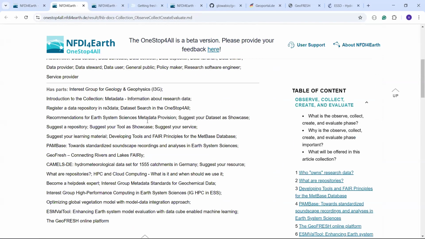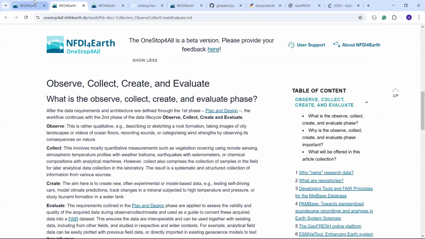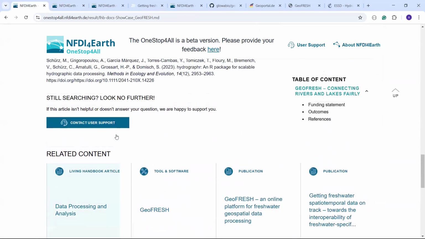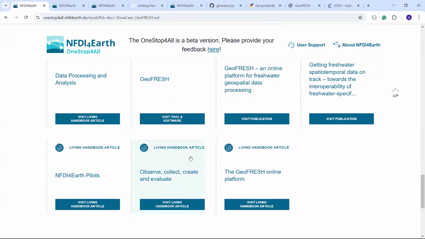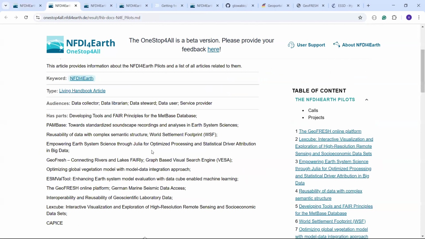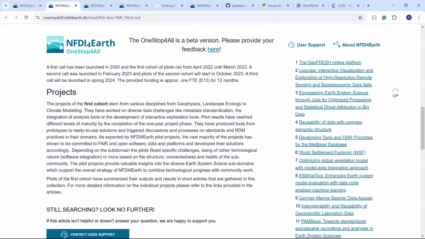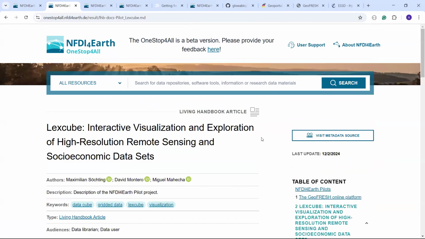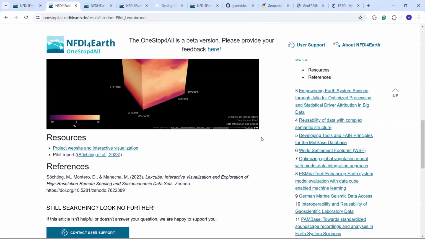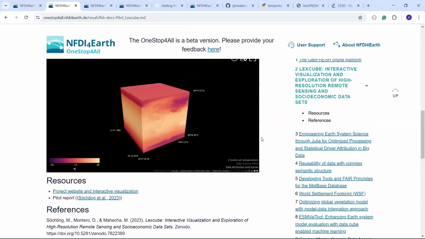which basically indicates that the content is available for the phase of observation collection. And at last, I can look at the pilots article, which basically indicates that GeoFresh was one of the NFDI4Earth pilots. And I can continue the exploration from there with other types of pilots like LexCube, which is another pilot which built a tool for visual exploration of